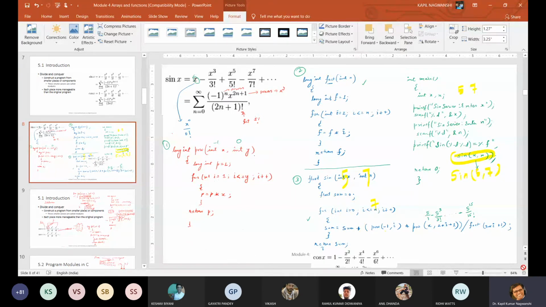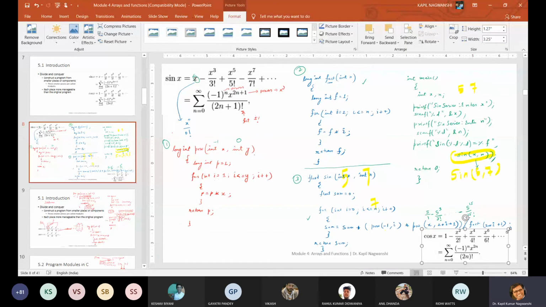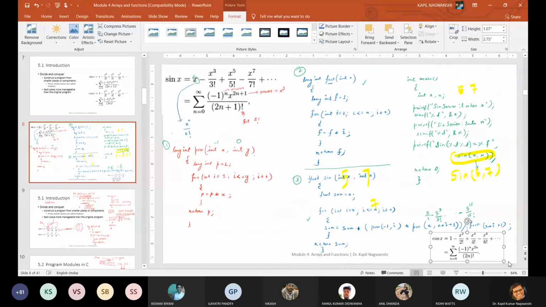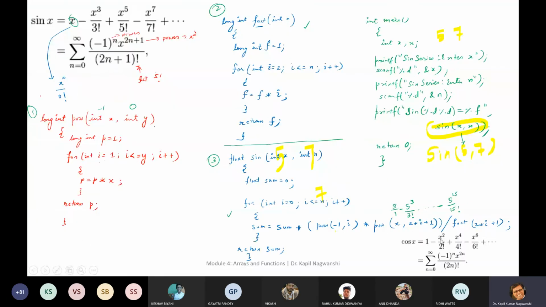So this is your cos function. I think it is visible to all of you. And this will be your classwork.